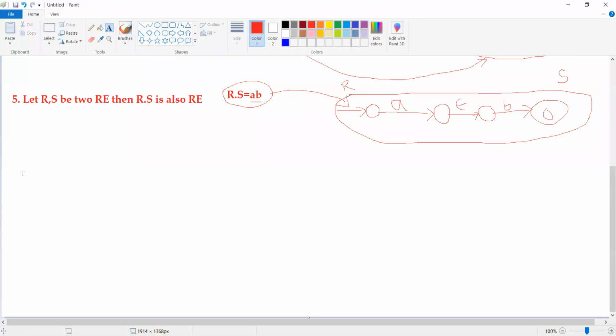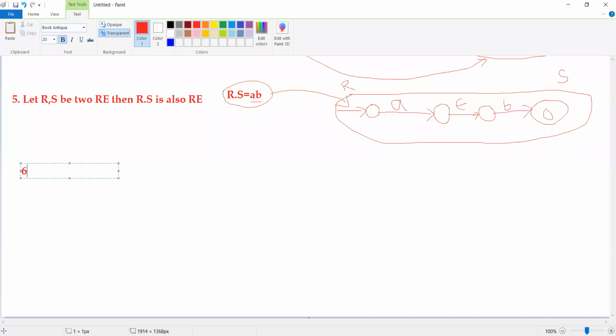Then the last operation, which is Kleene closure. Let R be a regular expression. Then R star is also a regular expression.